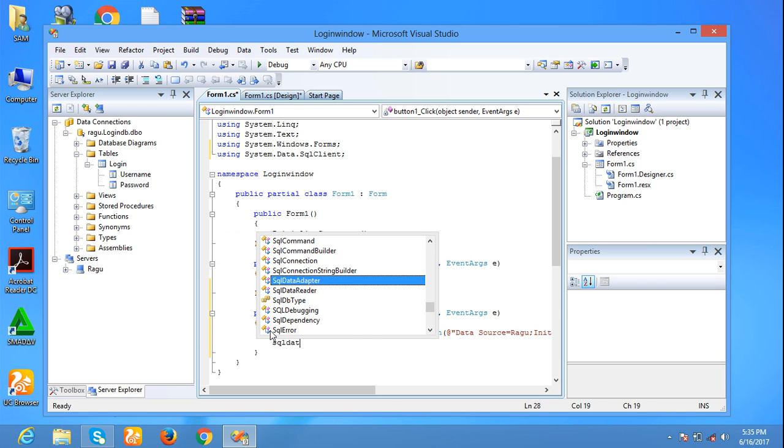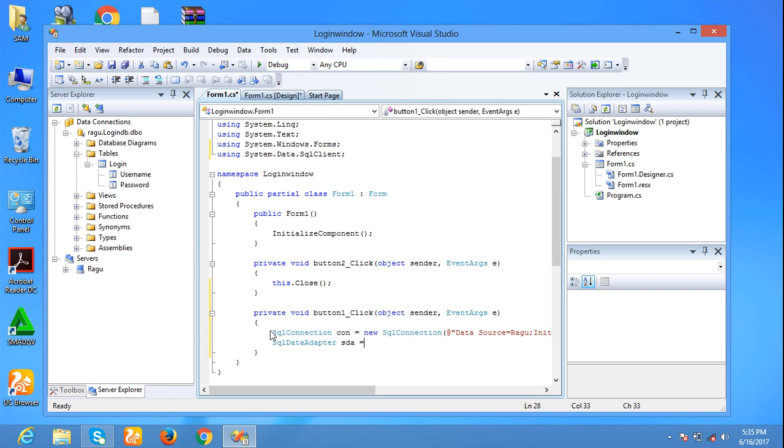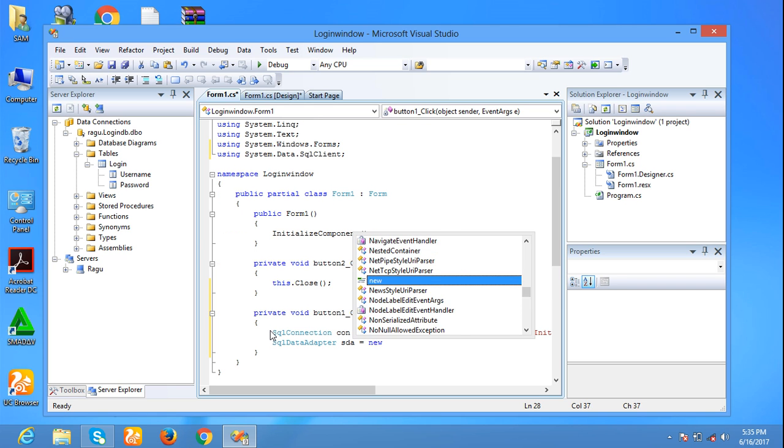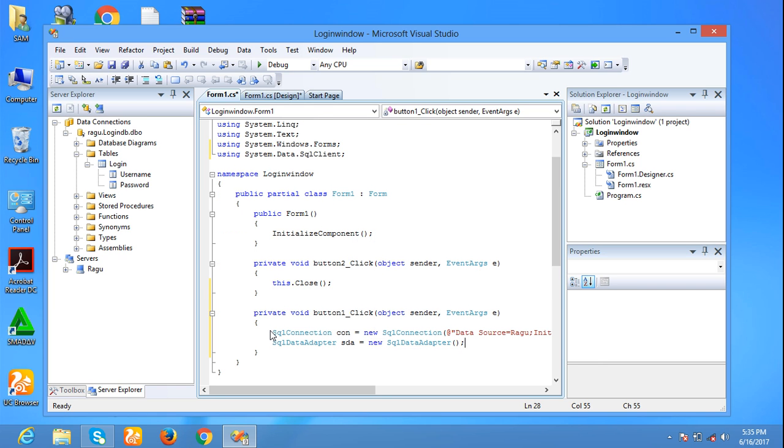Now SqlDataAdapter sda equal to new SqlDataAdapter. Within this double quote, I have to write the select command.